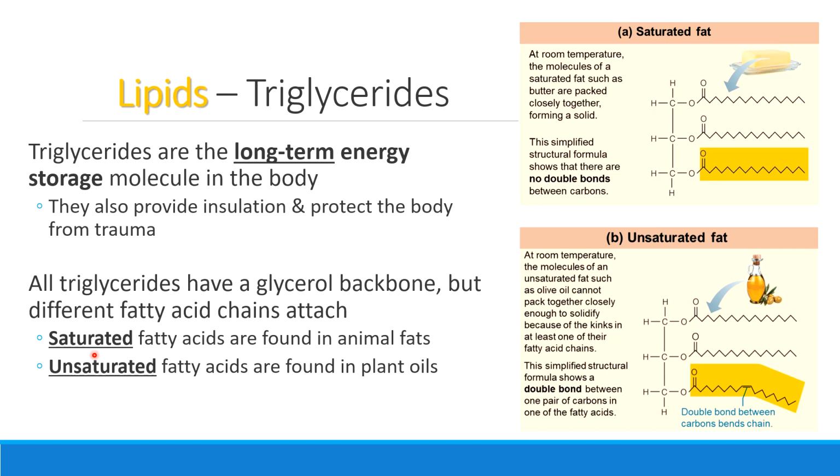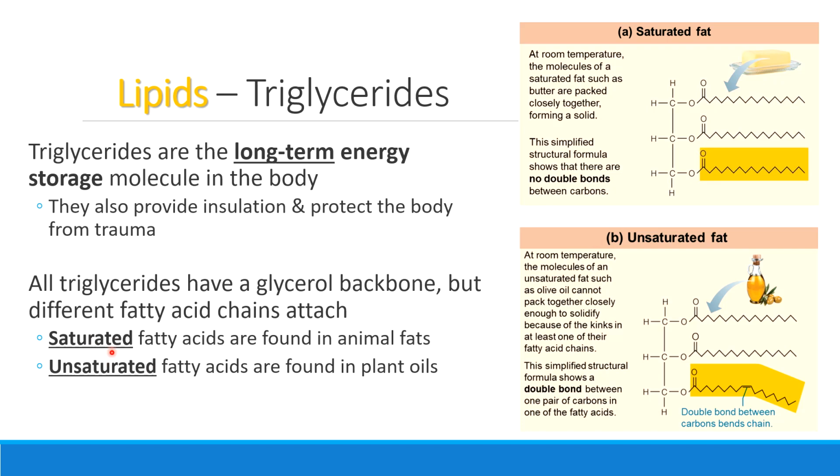Saturated fatty acids are the fatty acid tails that don't have any double bonds in them. So notice how this fatty acid is straight. It lays flat. This is the kind of fatty acid that we find inside animal fats. So human fats, beef, pork, the kind of lipid that's inside there, triglyceride inside there, is built with these saturated